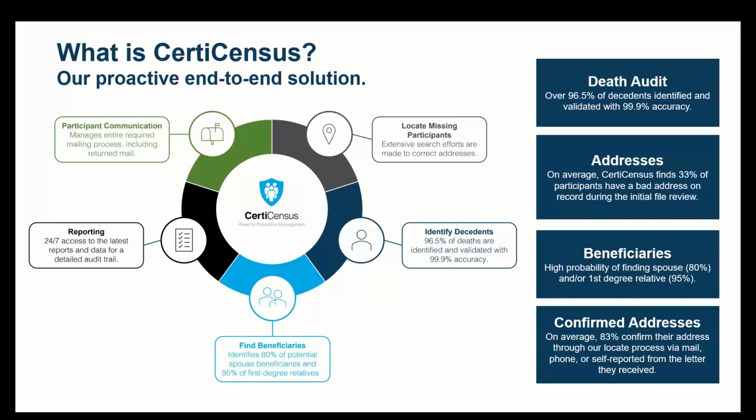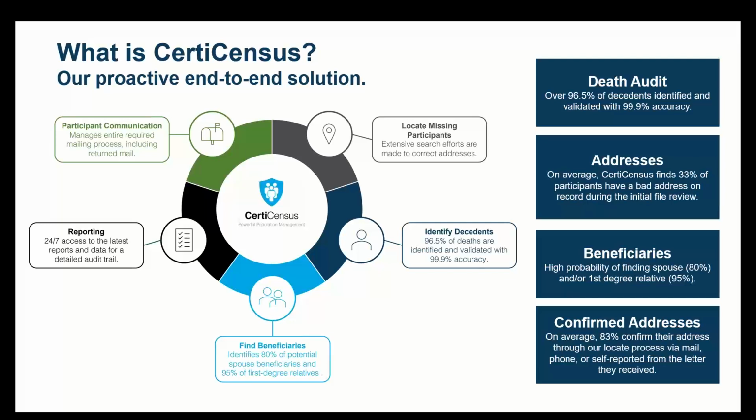Since 2011, there's been legislation and laws passed, which many of you on this webinar may be aware of, where state agencies and other agencies no longer had to report that information to the DMF. Since then, there's been a drastic decline in dates of death and the accuracy that you could pull from the death master file for confirming deaths. Just last year in 2023, that number was just 16% as far as accuracy. What that means is it's harder and more challenging to find and validate accurate dates of death